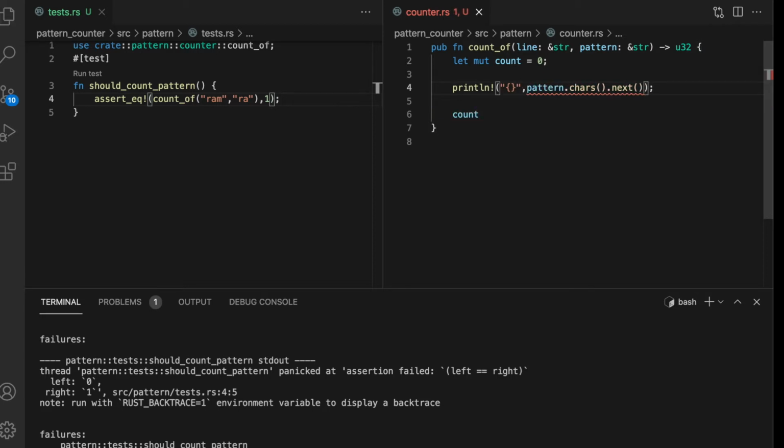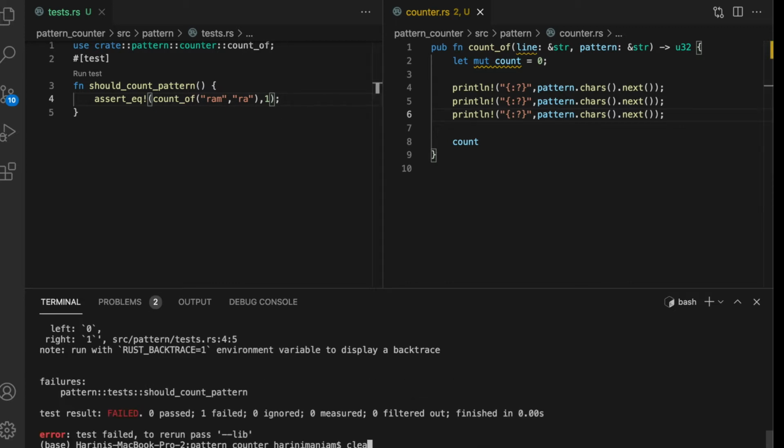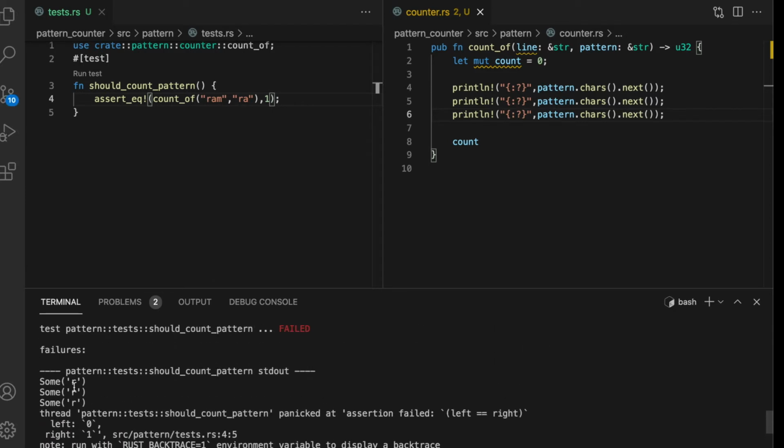So for people who are new to the iterator, this may be useful, and for others, please be patient. The first time I am expecting this to print R, the second time A, and the third time it should be none because I have crossed the boundary of this slice. So R,